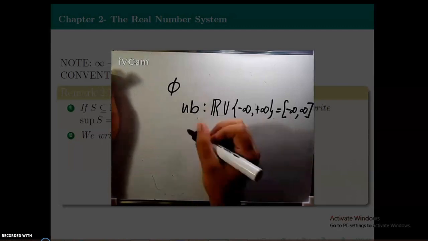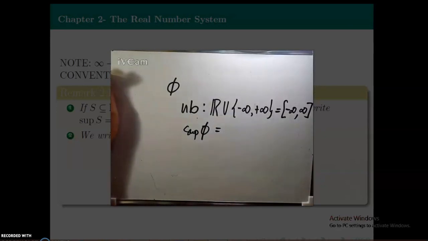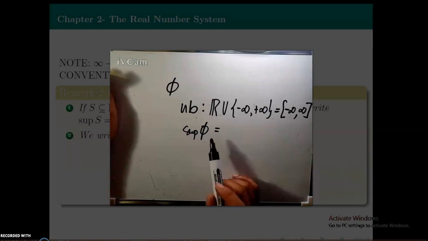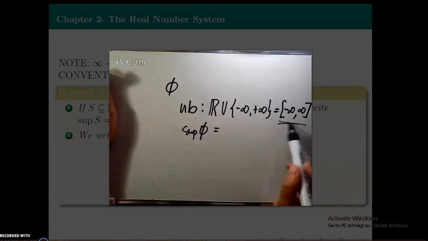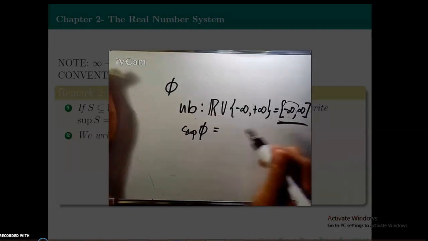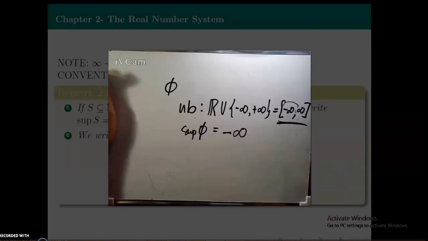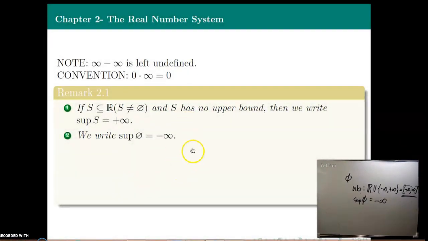So when we talk about the supremum of the empty set, we know that the supremum is the least among all the upper bounds of the set. So because the upper bounds of the empty set is this one, and the least element is negative infinity, therefore the supremum of the empty set is negative infinity. Okay. Next,